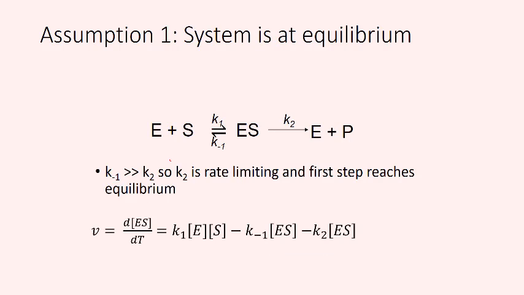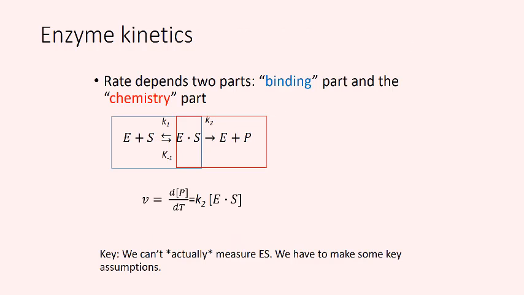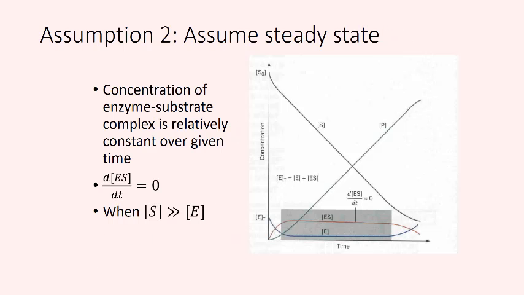But once we're in this gray box, that means that at any given point in time, the amount of enzyme that's bound to the substrate doesn't change. So at one given point, the concentration of enzyme that's in the ES complex stays the same. So the change in the concentration of ES with time is equal to 0. And in fact, if you're at a concentration of substrate where you're at the Vmax,